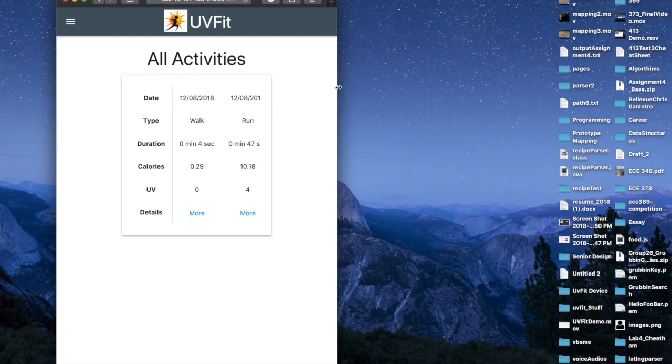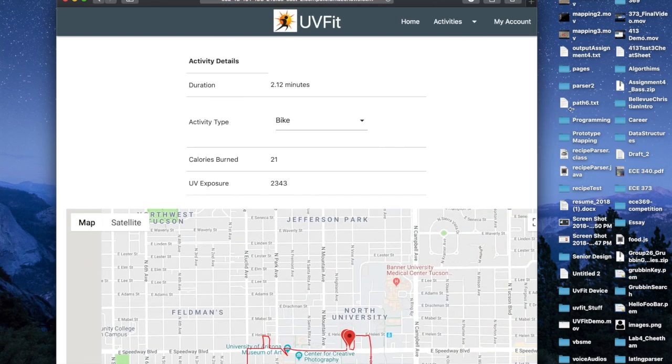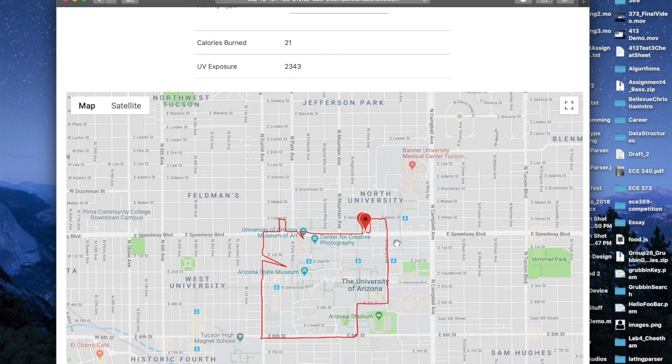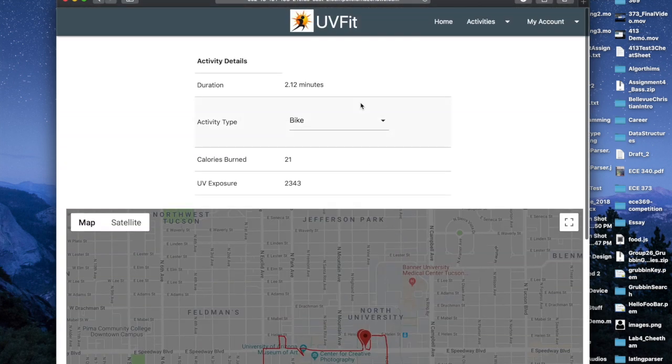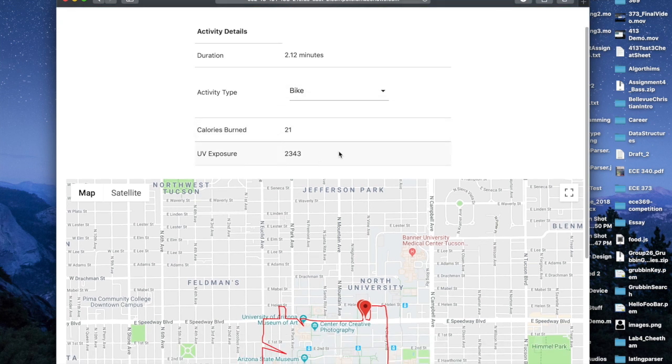this is also mobile friendly as well. It's collapsible and we can scroll through. So let's just pick, let's say this one. So here we'll be able to see what that route was that they actually went on, graphed here on Google Maps. We'll see what the time was that they were biking, that they have 21 calories, their UV exposure, and